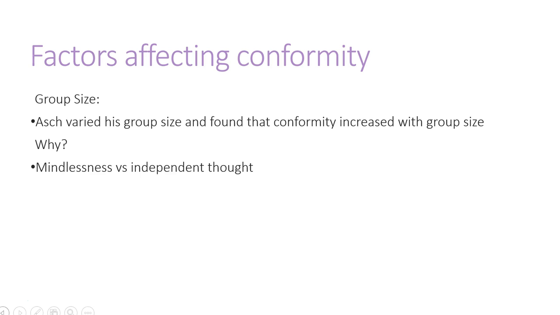This might be because in a large group where people are obviously making the wrong choice, individuals start to suspect that the other group members are just following the group. However, in a small group, individuals may think that group members are behaving independently and assume that 3 or 4 group members came to the same conclusion via independent thought. This has more influence than 14 members who mindlessly come to the same conclusion.